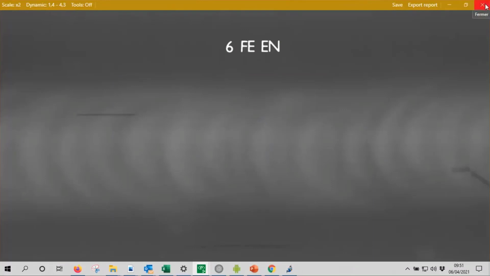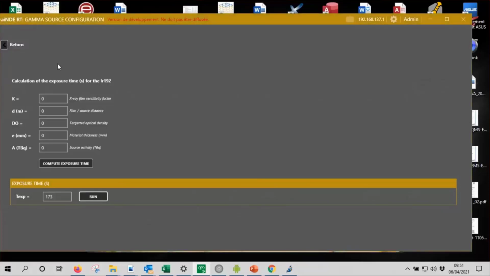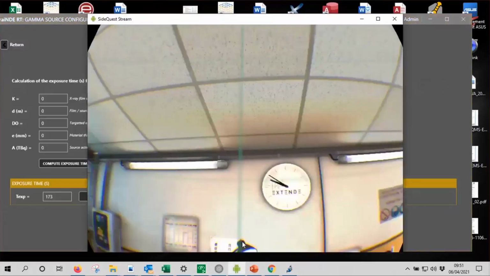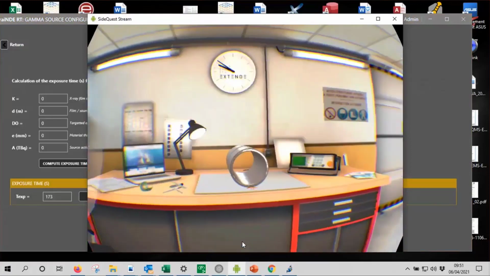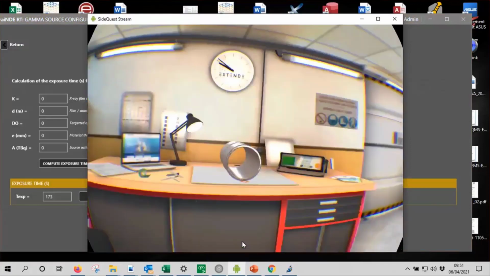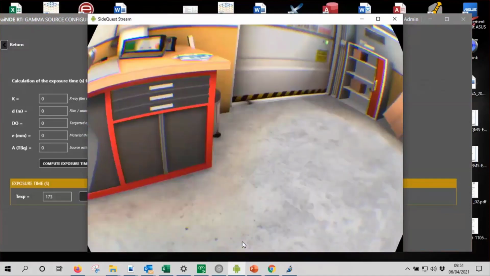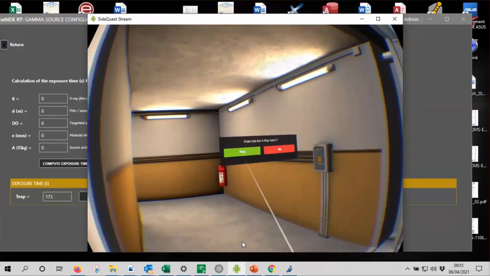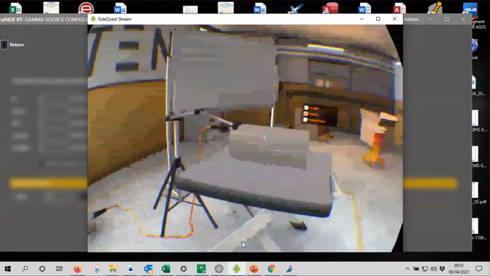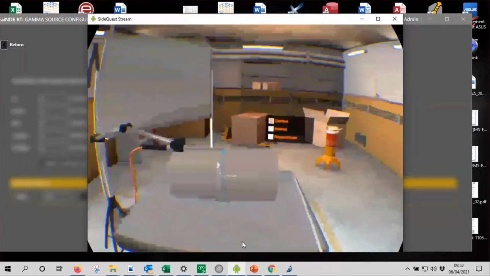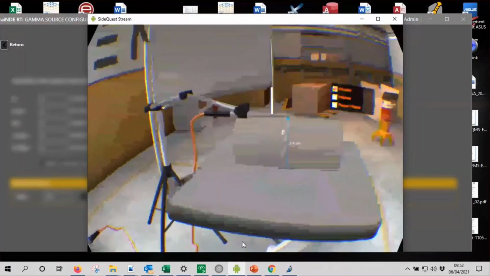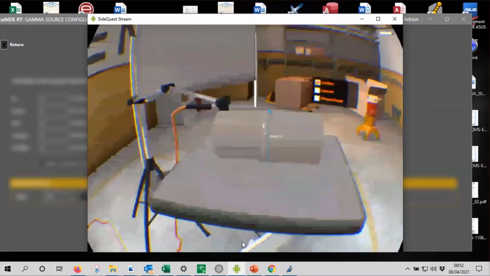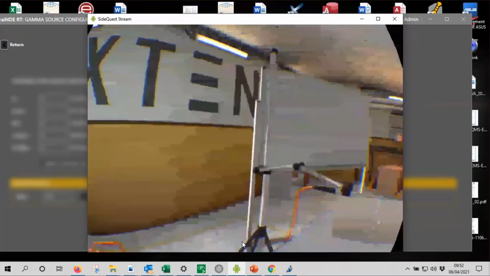You can also do the same thing if you want by changing here, instead of being in internal. I can put my asset again and make a new shot. And here, for instance, I can select contact. My source is in contact, so you have the distance here between the source and the film. Contact. Again, there is no dose. That's good.